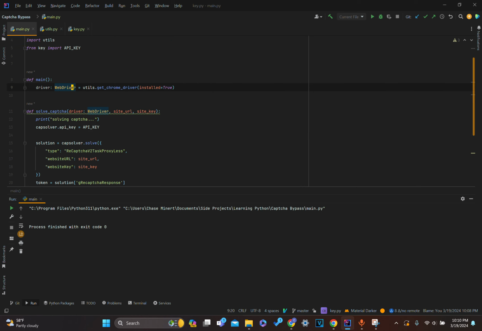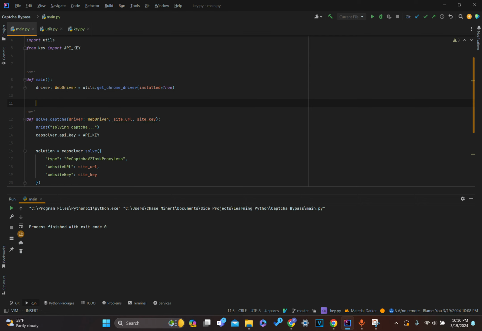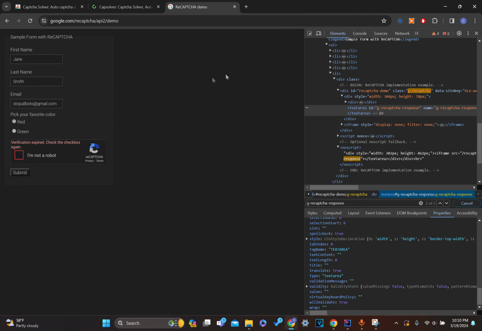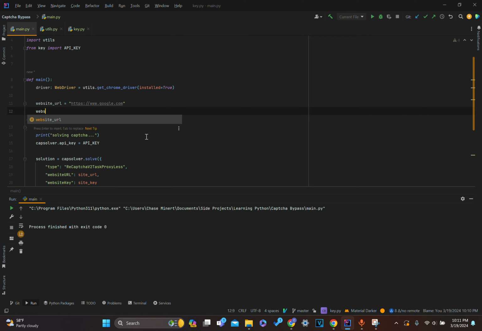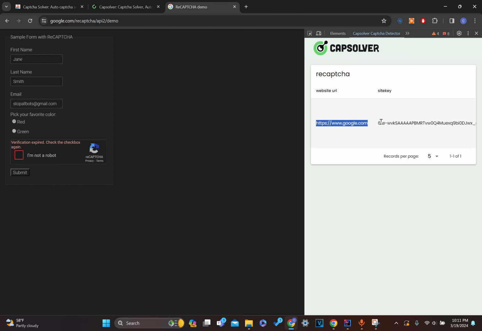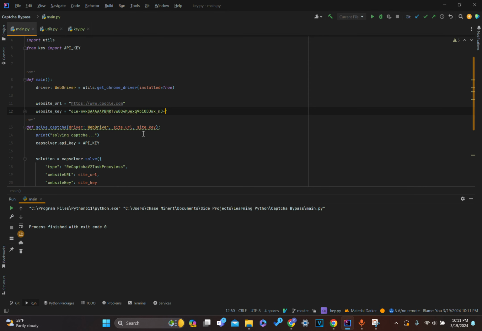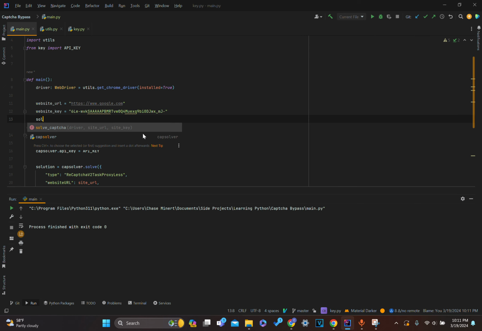So how do we actually use this method? Well, it's really straightforward. All we need is the website key and the URL, which we have from the extension. So let's just put these into variables. So website URL, this is right here. All right, website URL. And then website key. It's this guy. Make sure you copy it exactly right, obviously. All right, so now we can just run this method. So just do solve_captcha, pass in the driver, and then the site URL,